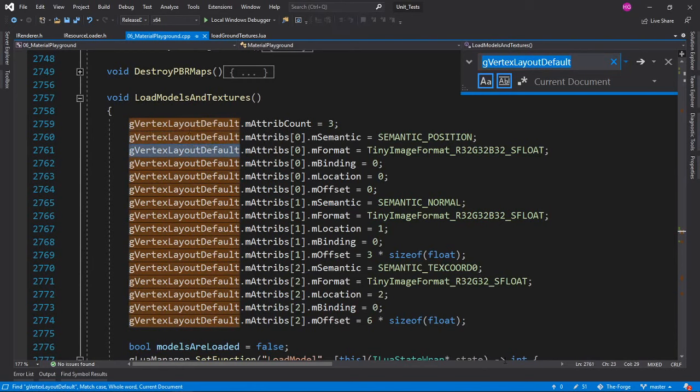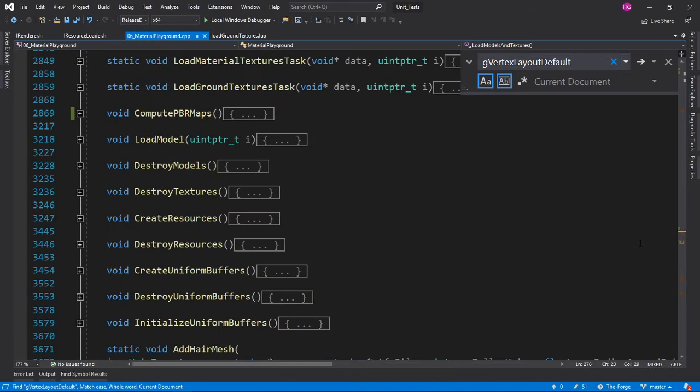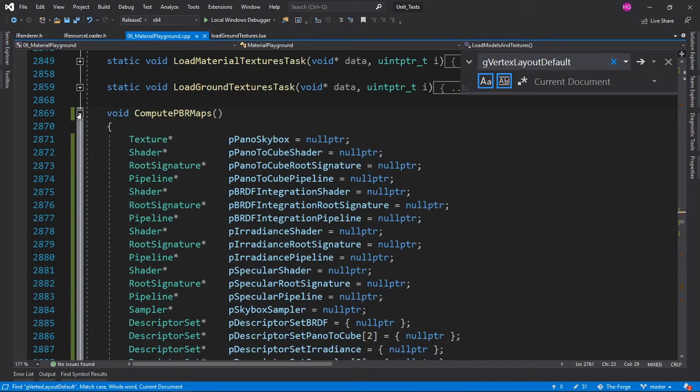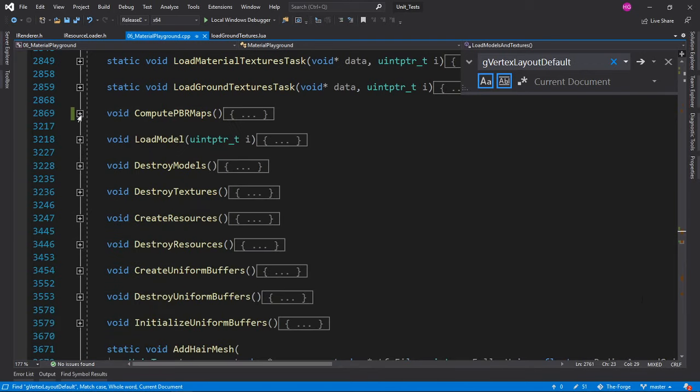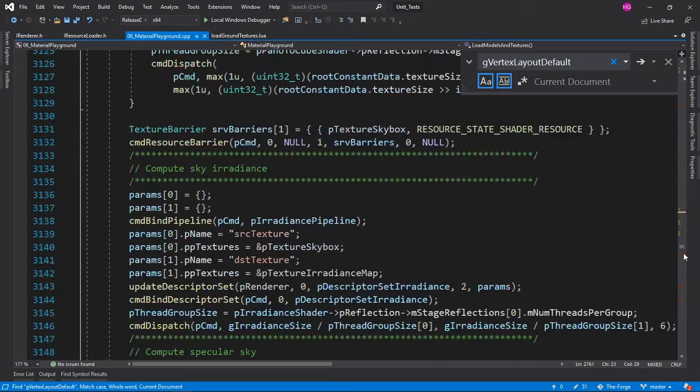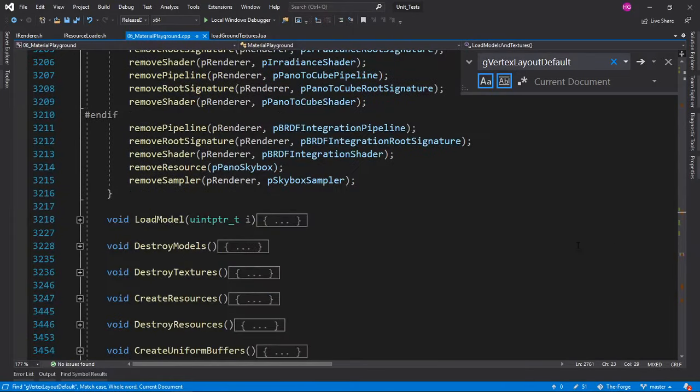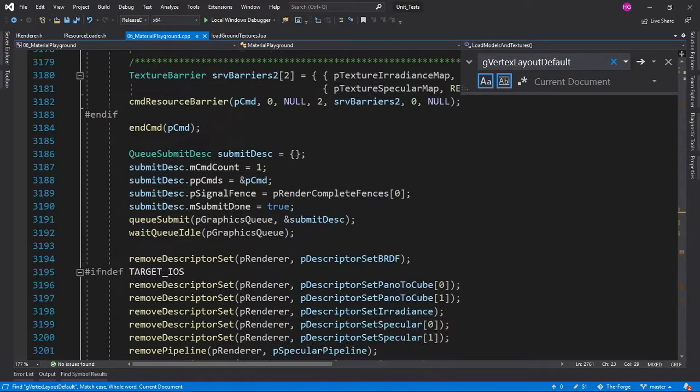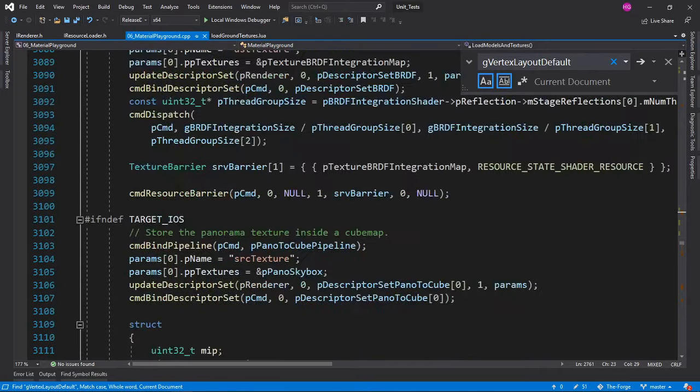This is not a good way of checking if this is used. Probably it is used here on compute PBR maps. Is it? No. Yeah, it is. It is used here. Just try to describe. No, it's not. It's on the load model. Yeah, I wouldn't imagine.